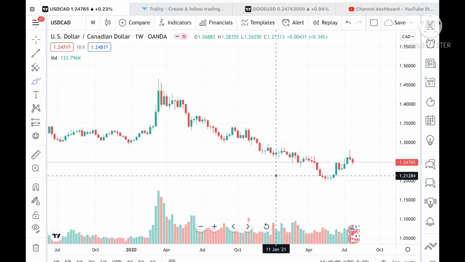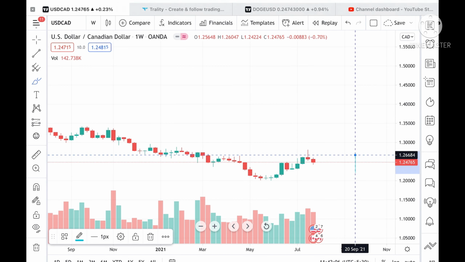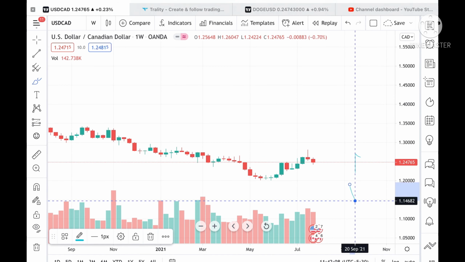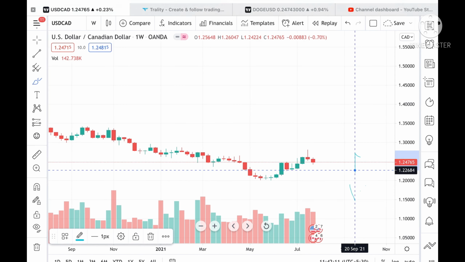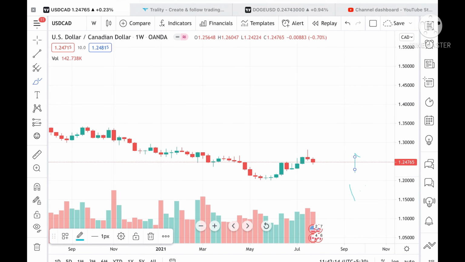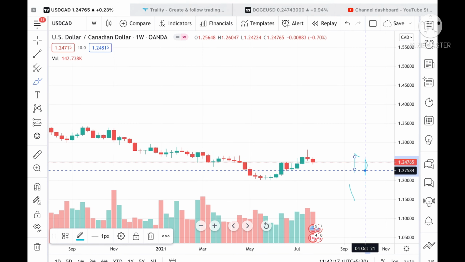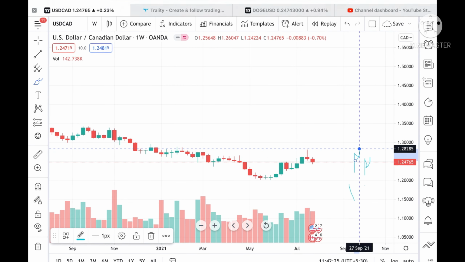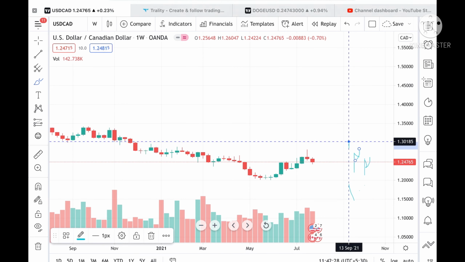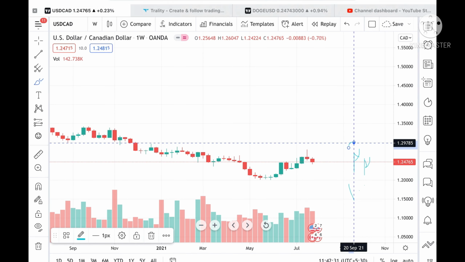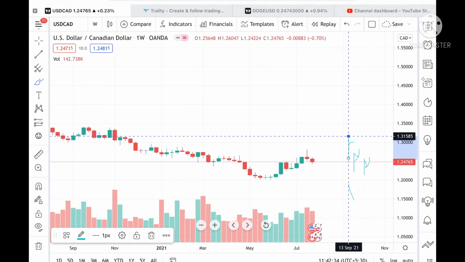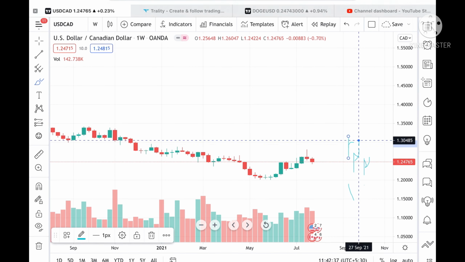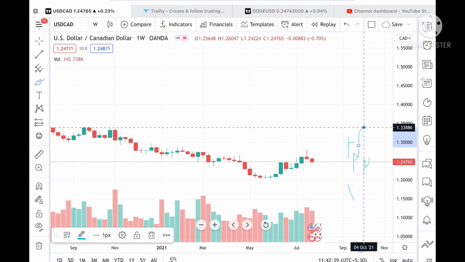So what we can see here is that the range of this particular trend is 1.26184 and a low of around 1.22984. So till the time it is trading in this particular range, we will not be doing anything. But suppose if this range breaks upside 1.260, then we can see that it can touch a level of 1.29785, and if it goes above that level, then we can see a level of 1.31585, and from there we can see a level of 1.33886, and if it sustains this level, then we can see a level of 1.35986 also.